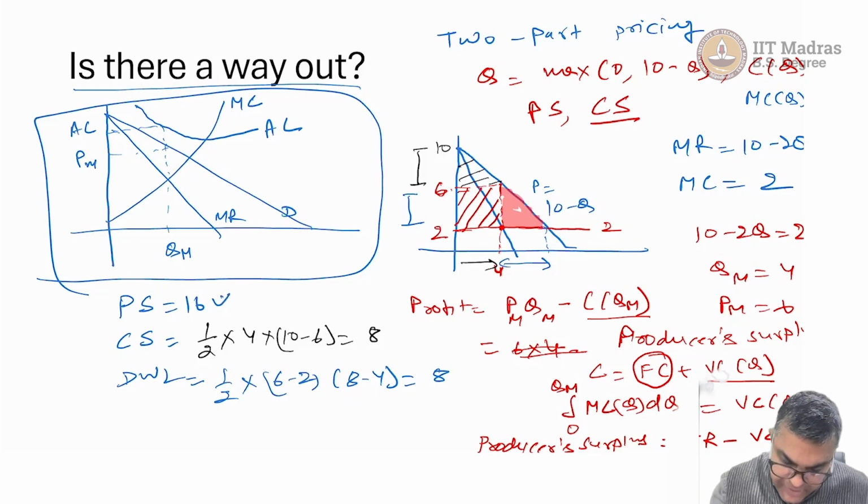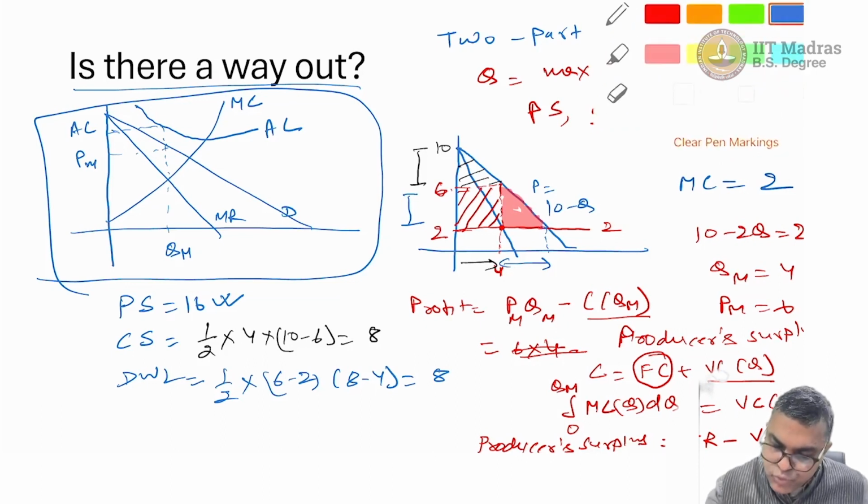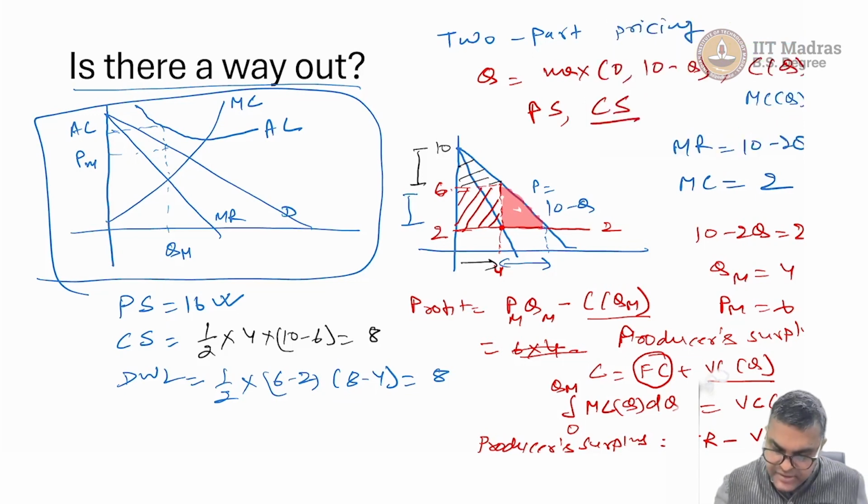Now, because fixed cost is not going to change, it does not depend on the production, we do not need to worry about fixed cost. We just have to check: can this producer, who is a monopolist, have higher producer surplus than 16 or not? So, let us consider a two-part pricing. It offers the customer that you have to pay first 8 as a fixed price to participate in the buying process,